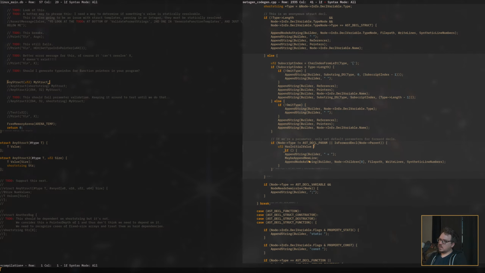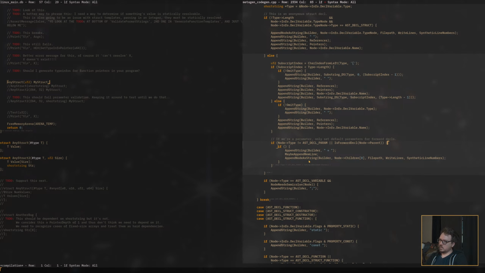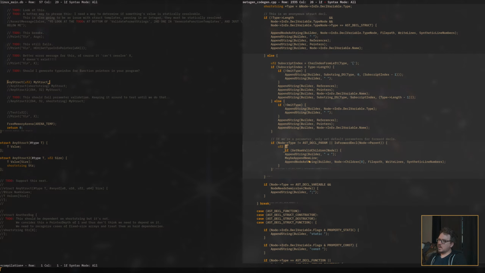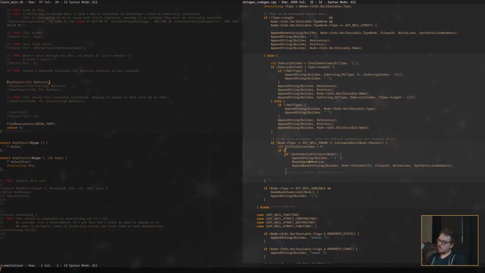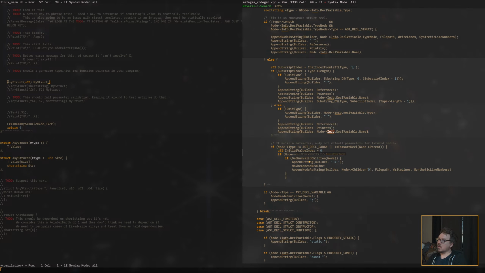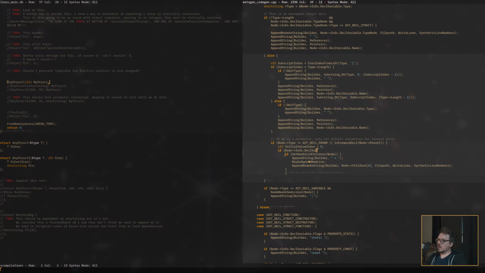Oh, this is actually annoying. Okay, here's what we'll do. We'll say initial value index is 0 if the node info decl variable flags. So if the decl has an initial value,